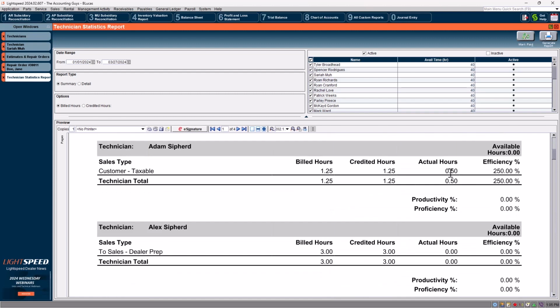So here we can see, okay, this person, Adam Seifert, he did clock in some time. He clocked a half an hour. We billed 1.25 hours for it, so he's 250% efficient. We wrote his work up. It was worth more. But down here, because of the way the math is working, it's pretty small. Our productivity, if he worked for 40 hours in this period, he's not very productive. I wrote up all of his work, but only 1.25% of his time was spent actually working on